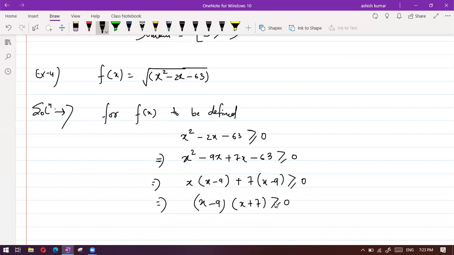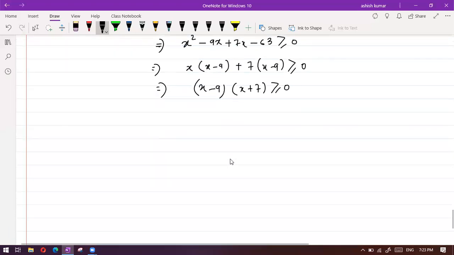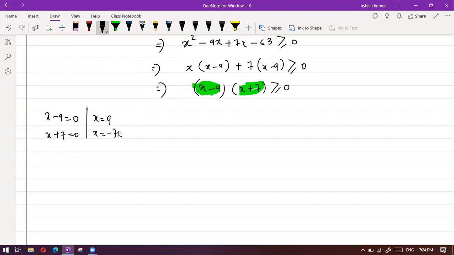Now understand here, Ruchita, what we will do. Whenever you have an equation, whatever terms are coming, linear terms you will see, right? x plus 7 and x minus 9 are here. Just put them to 0: x minus 9 equal to 0 and x plus 7 equal to 0, to find the breaking points or the critical values. The x values will be 9 and minus 7, right? Can I say this, Ruchita?